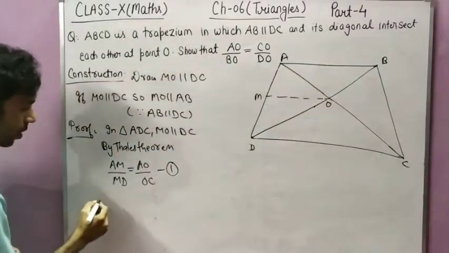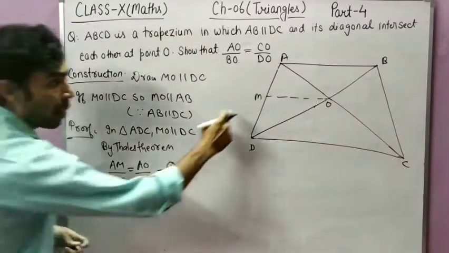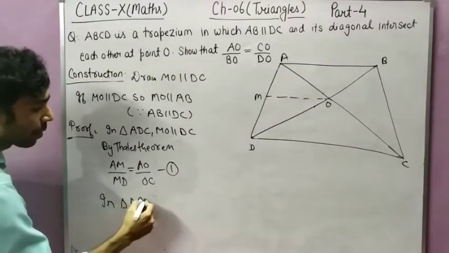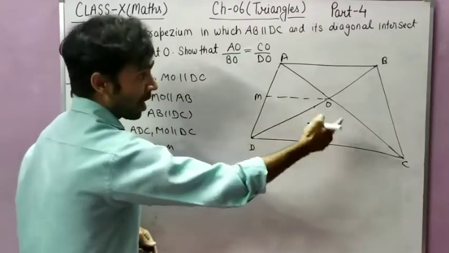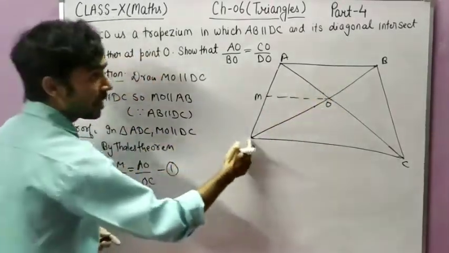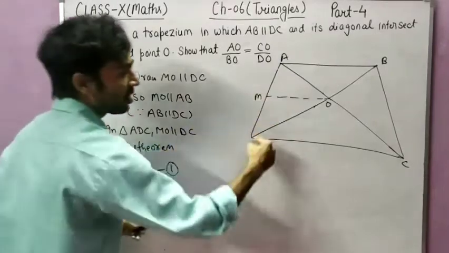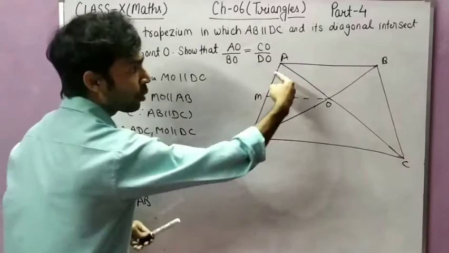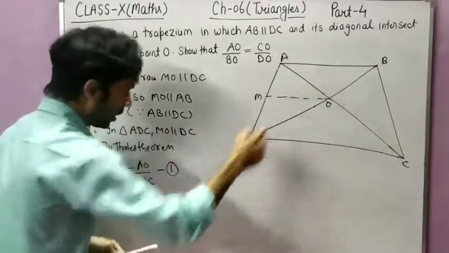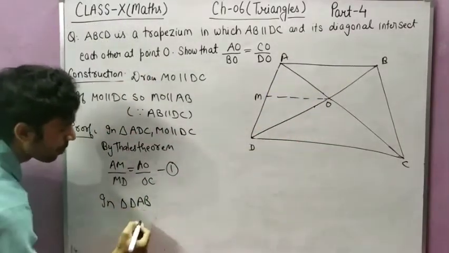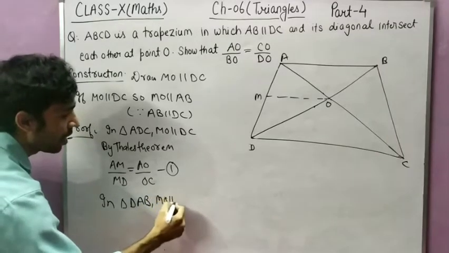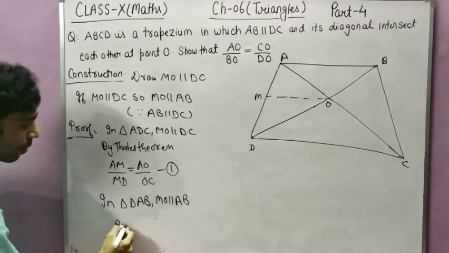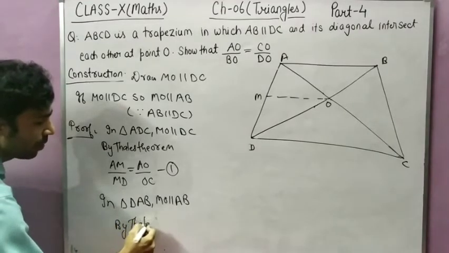If MO is parallel to DC, then MO is also parallel to AB. MO is parallel to AB in which triangle? In triangle DAB. Because when MO was parallel to DC, which triangle was it? Triangle ADC. Similarly, if MO is parallel to AB, then the triangle will be triangle DAB. So in triangle DAB, MO is parallel to AB. So by Thales theorem again,